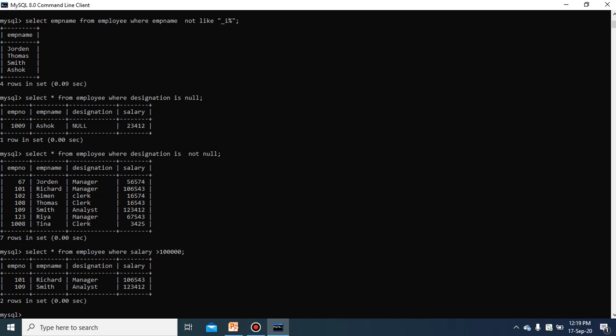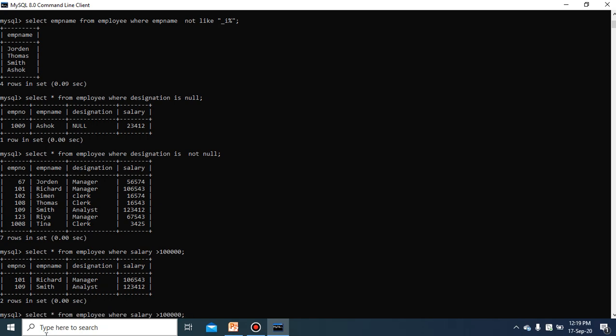Next we will see how to use not equal to, because the rest of the operators you have already seen: greater than, less than, greater than or equal to, less than or equal to. One thing I want to see is with the help of equal to.